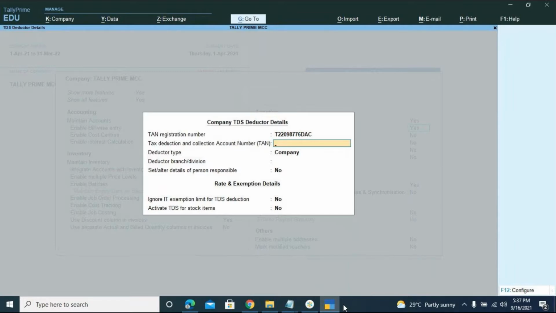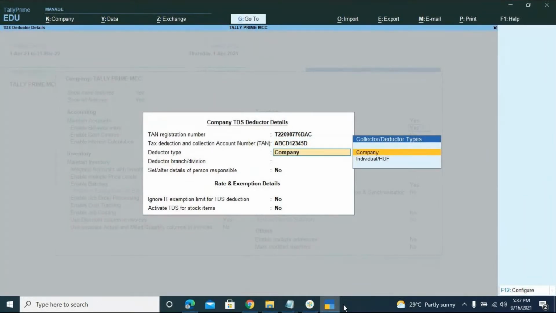So the TAN number is not the same as the TAN registration number. Both are different. The TAN format is 4 alpha, 5 numbers, 1 alpha. Press enter. Now suppose you're placed in a company where your salary is subject to TDS, select company, or